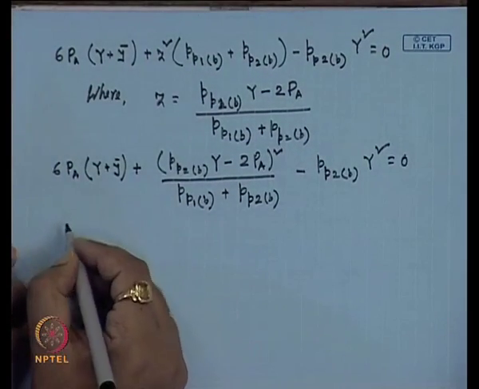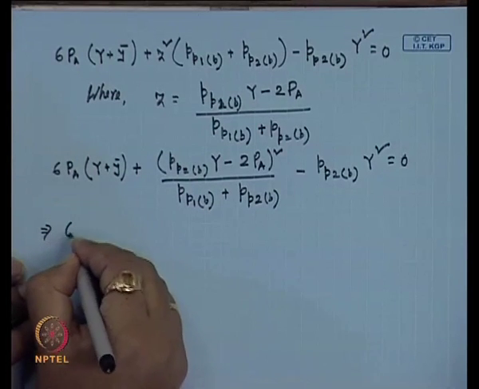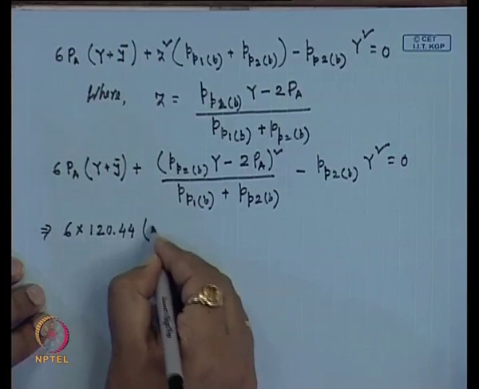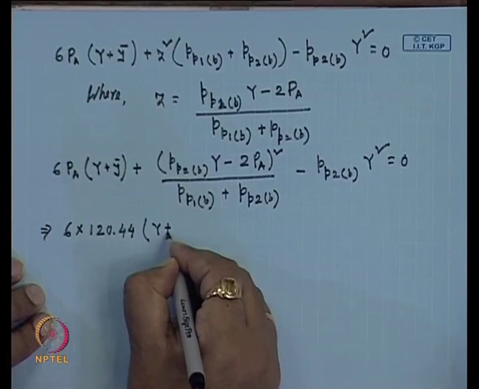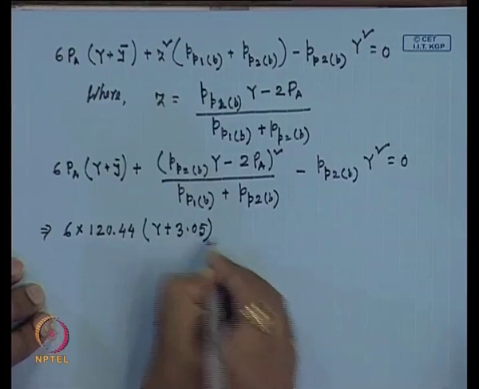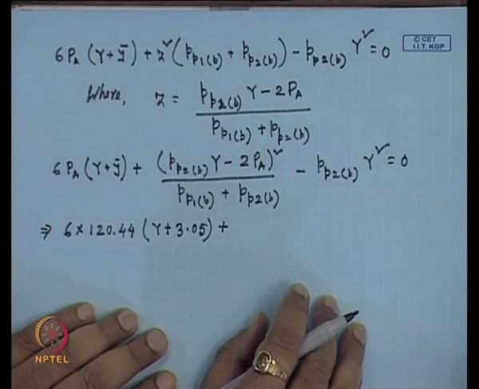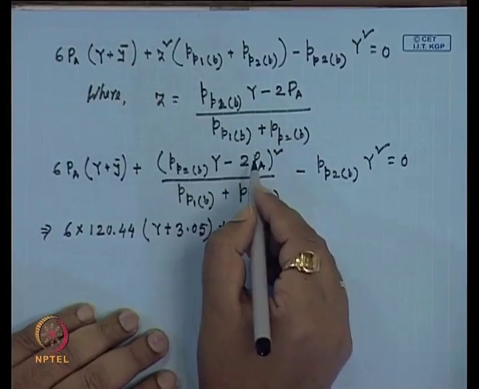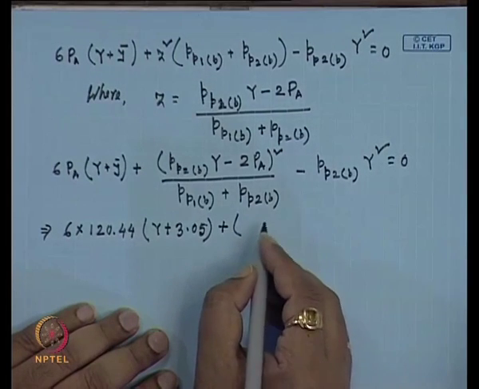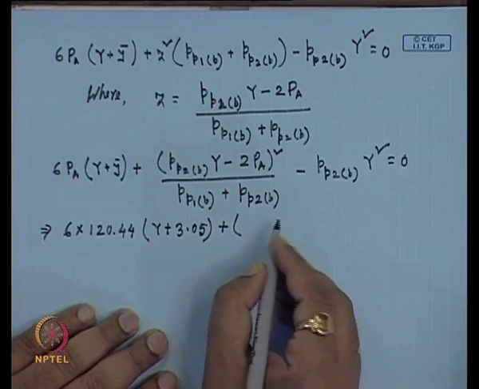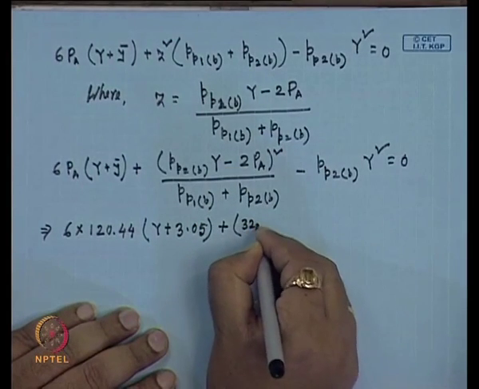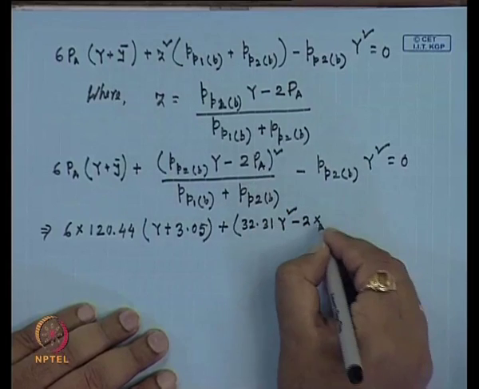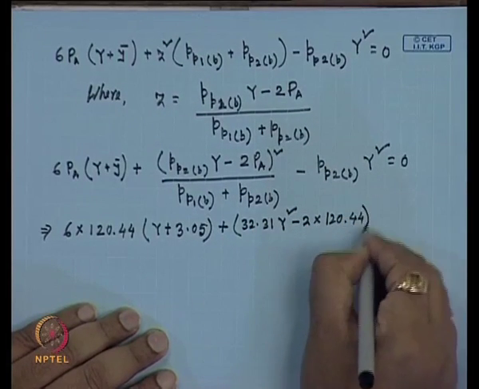Now we will put in the values one by one. Here 6 P_A that we have calculated is 120.44, capital Y is unknown, small y bar is 3.05, then plus P_P2B that we have calculated is 32.31 Y. So, then Y into Y will be 32.31 Y square, minus (2 into P_A, that is 120.44) whole square,